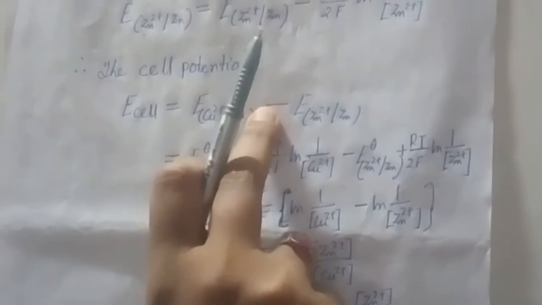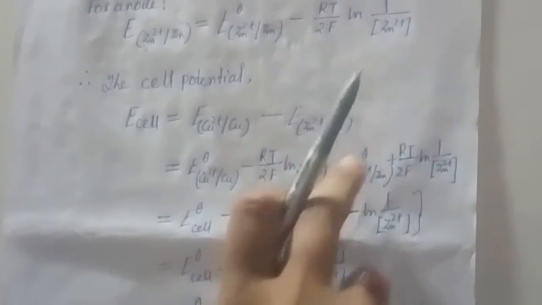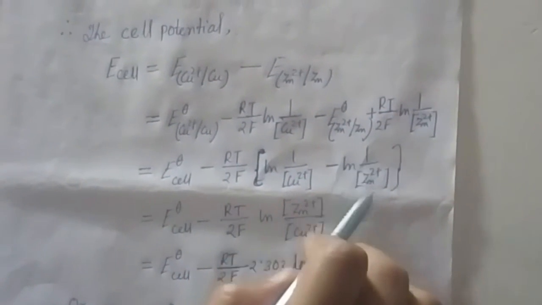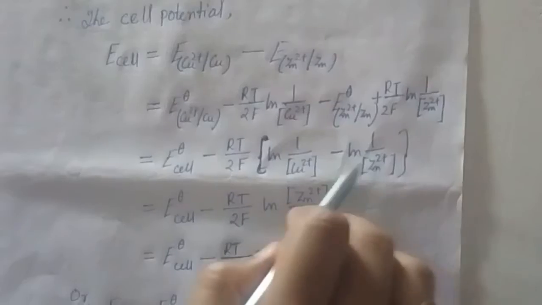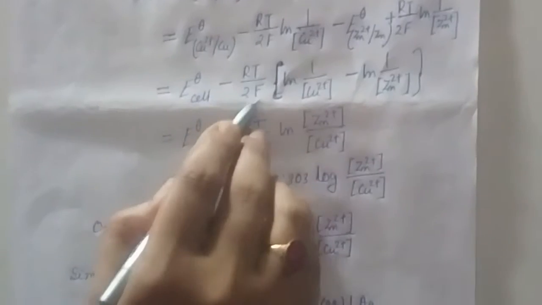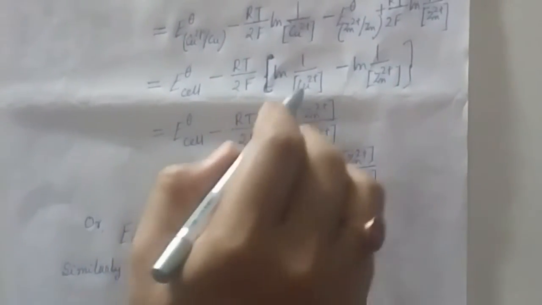Since one minus sign is there before that, this will be minus and that part minus this will be plus. So now E standard cathode minus E standard anode is E standard cell. If you take the common factor minus RT/2F, then that will be ln of 1 by copper 2+. Here it is a plus, but before that minus is there, so minus ln of 1 by concentration of zinc 2+. So now this will be equal to E standard cell minus RT/2F ln of, since ln A minus ln B is ln of A by B,